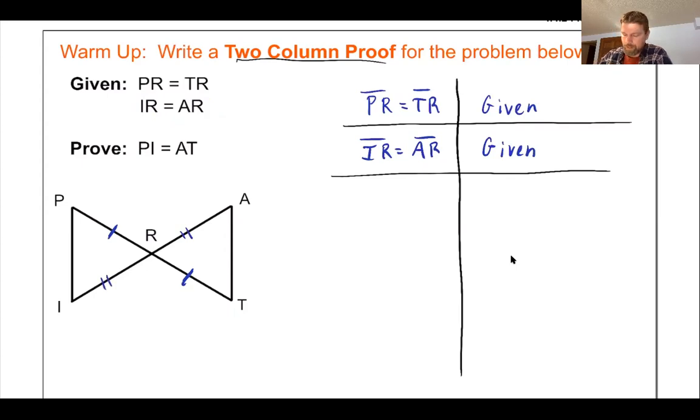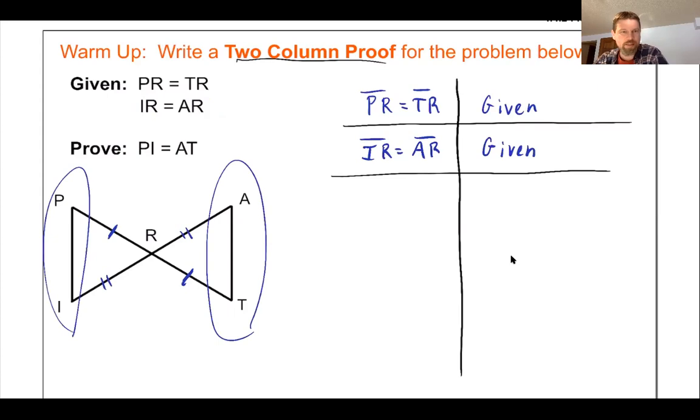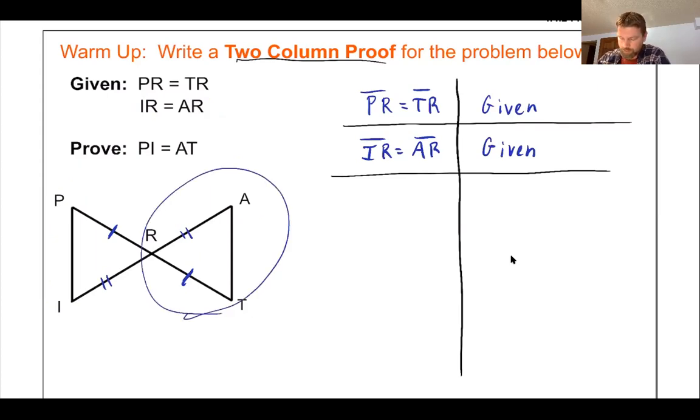All right, I want to prove that PI and AT are the same. So I want to prove that these sides are the same. In order to do that, I'm going to have to prove that the two triangles are congruent. I'm going to have to prove that those triangles are congruent. So I'm going to need a way to do it. So far, I've got a pair of sides here and a pair of sides there. I need one more thing. In this case,